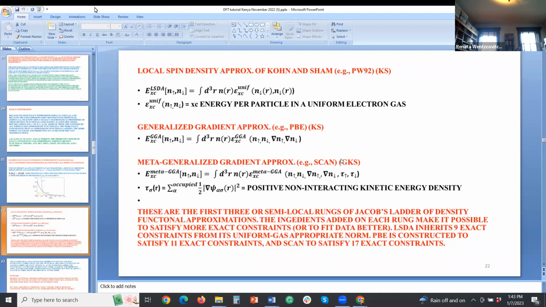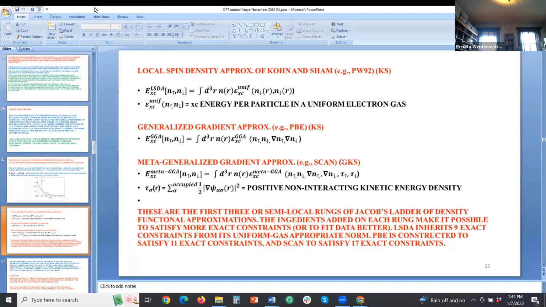We still have an integral over three-dimensional space of n(r) times a function of r. And so that means that this is still semi-local. But the function of r now depends on even more ingredients, not just the up and down spin densities and their gradients, but also tau up and tau down, where tau_sigma(r) is the positive non-interacting kinetic energy density, which is